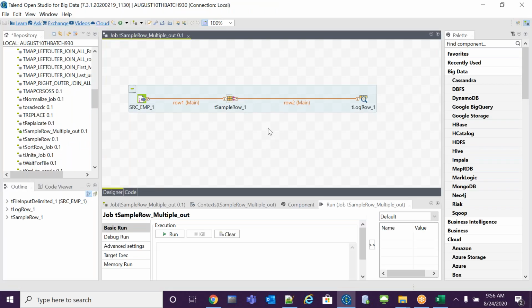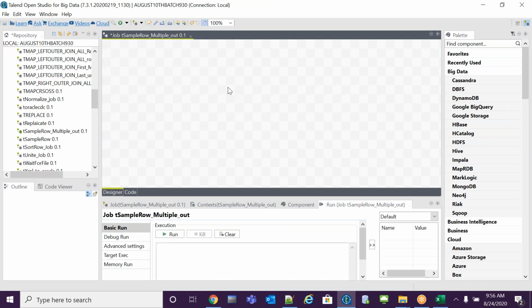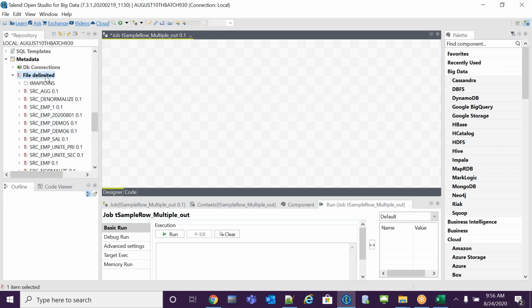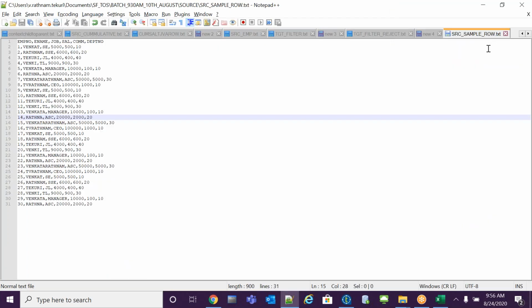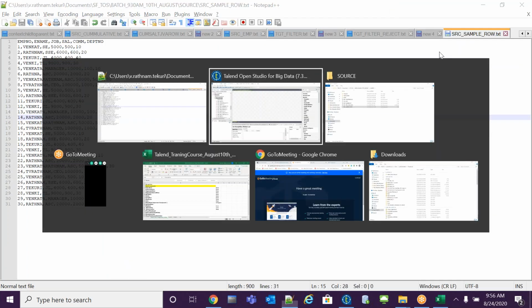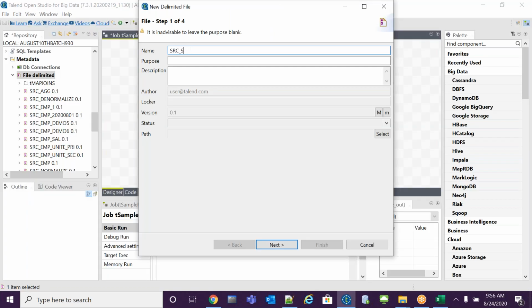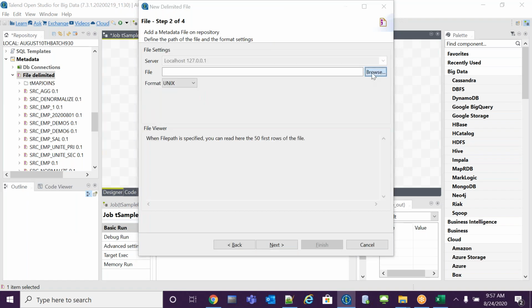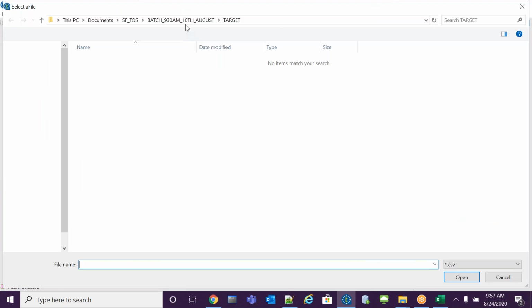How to do it in Talend? Okay, let me import the metadata quickly. This is a txt file. I am going to import its metadata, src sample row. Browse the file. Which is the source file?